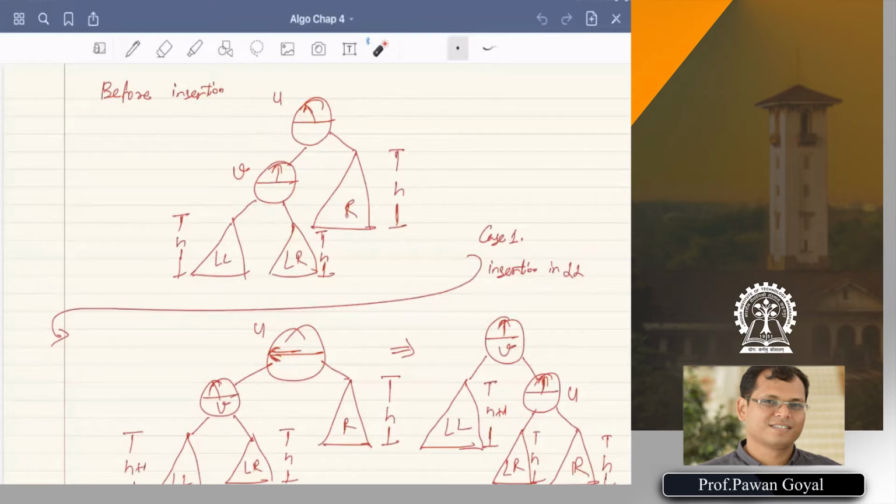I said, okay, we can do something called a rotation. I do a rotation. It looks like a rotation. Yes, so you are rotating it, and after rotation what happens, v comes here and u becomes a child. LL tree of v retains with itself, and you have r and lr. Now what is this rotation, and am I even allowed to do that? I mean, does that preserve the normal binary search tree properties at least?